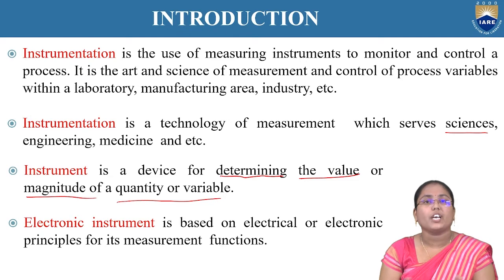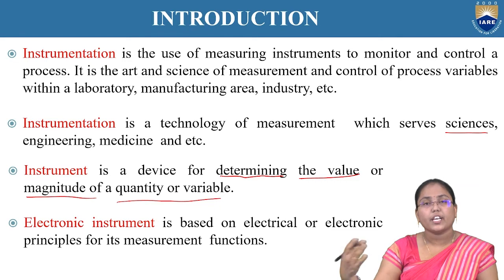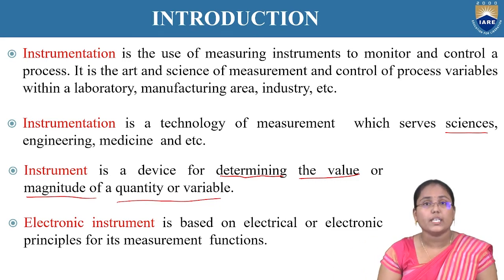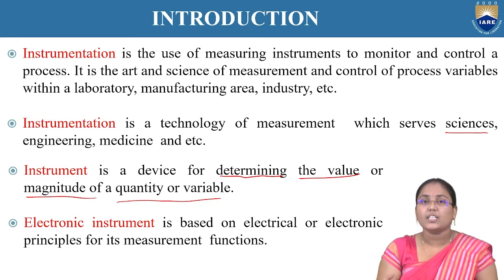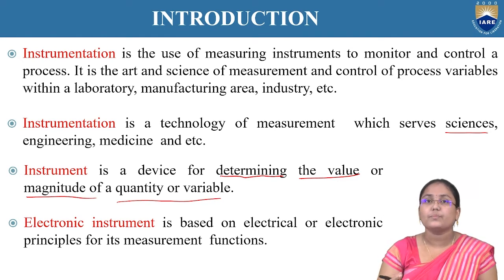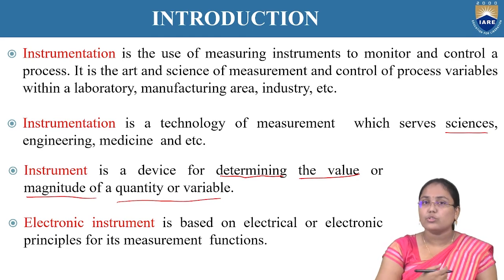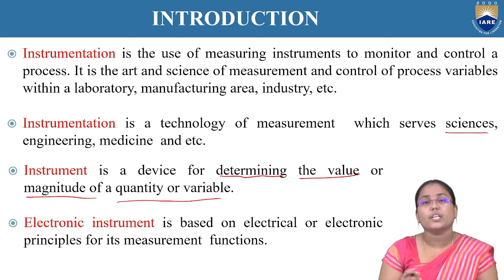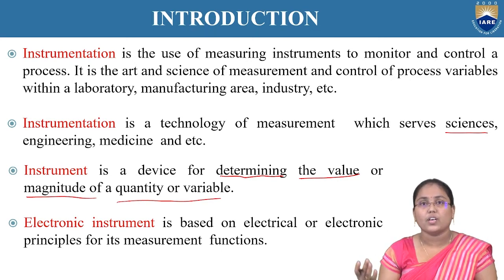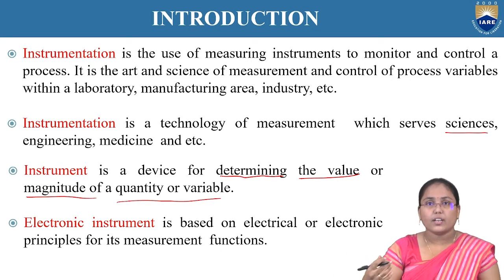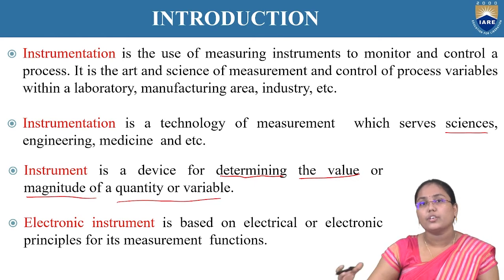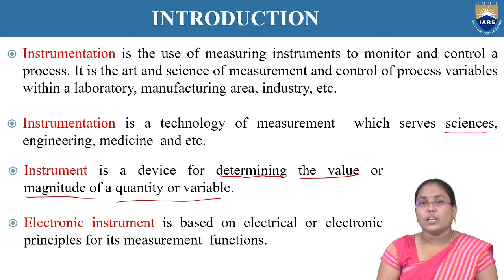Here we have different types of instruments. Just now we have spoken about different types of analyzers and other things. Even a common balance comes as an instrument itself, but we can't call it an electronic instrument because it doesn't follow the principles of electronics. Whenever there is a motion of electrons in a particular circuit, and we analyze such a circuit, if we use any instrument to measure the output of such a circuit, then we can say that particular instrument is an electronic instrument.